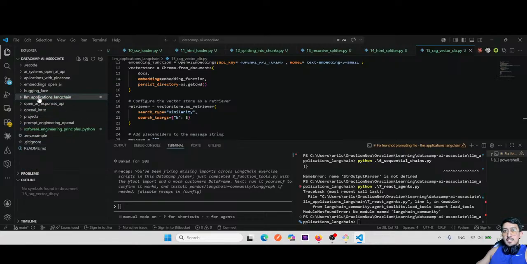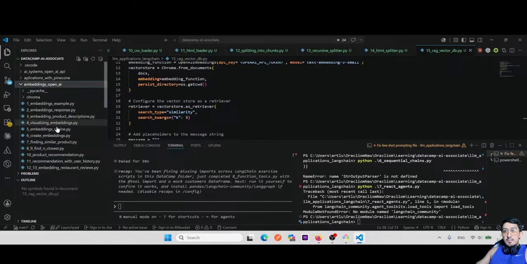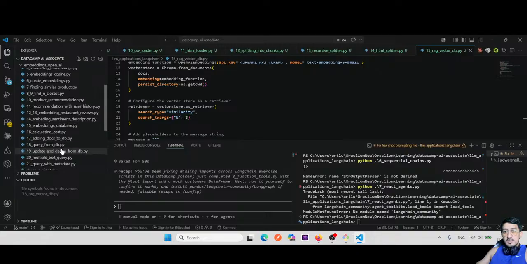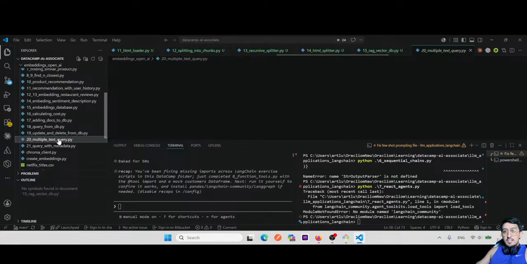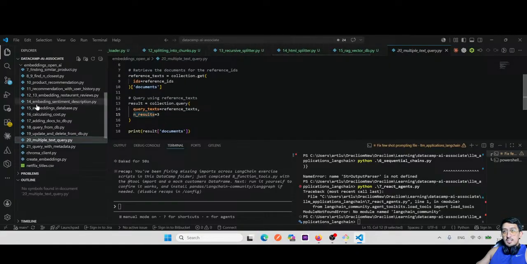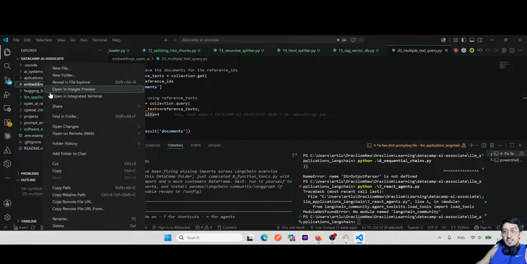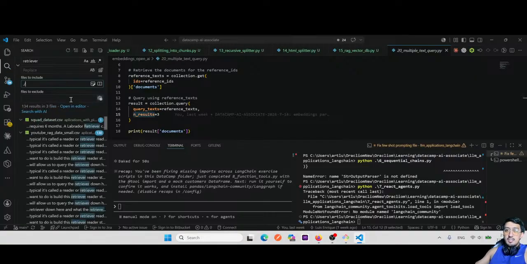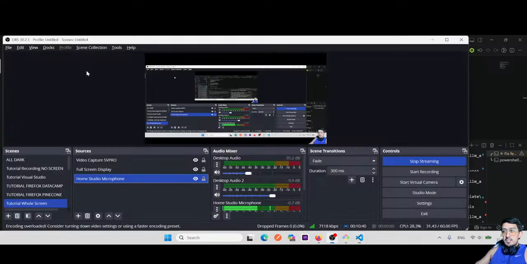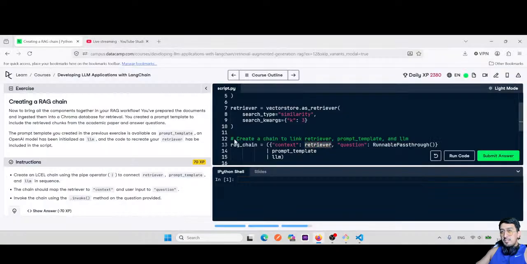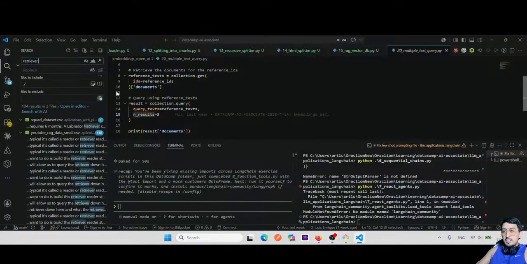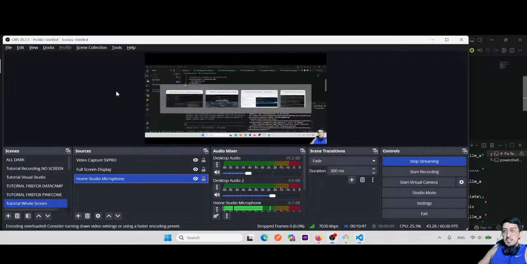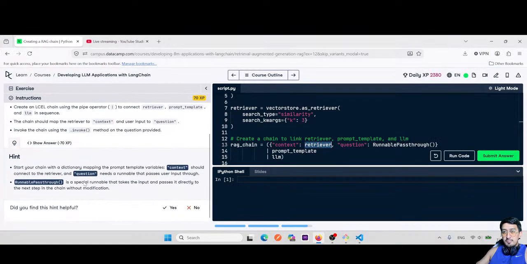I think in the embeddings, in here there was a retriever. So if not in here, then in here it was retriever dot. Okay, now